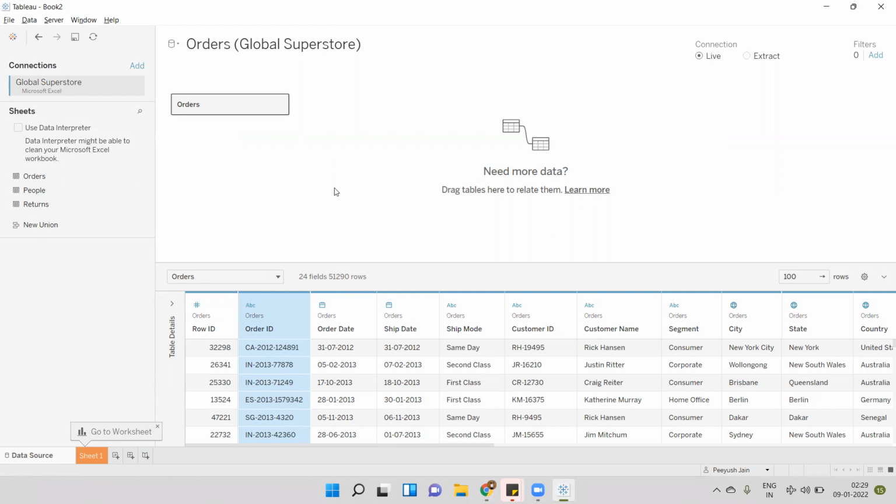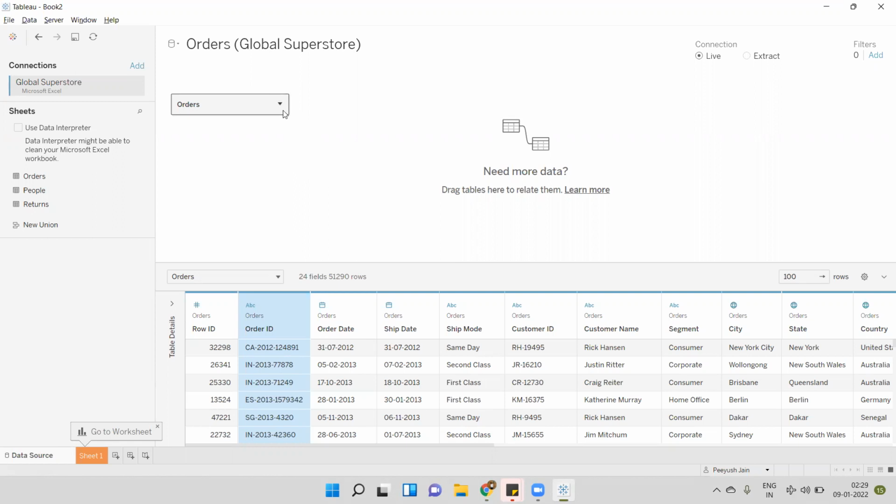So when we connect to any data, that data contains textual data or the numeric data. So usually all the textual data like string, date time, geographical data are known as the dimensions, whereas all the numeric data like profit, sales, quantity, anything having the numeric data type will be considered as measures. So when we connect to any data source, Tableau will assign this role.